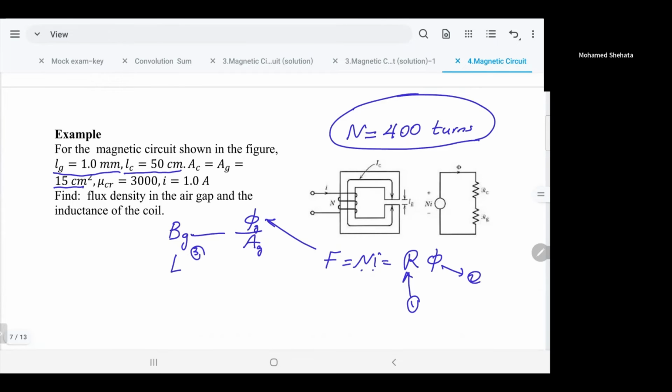You have to find RC, the reluctance of the core, and then